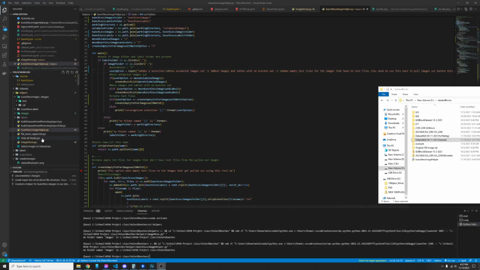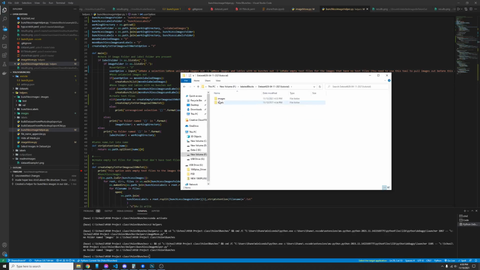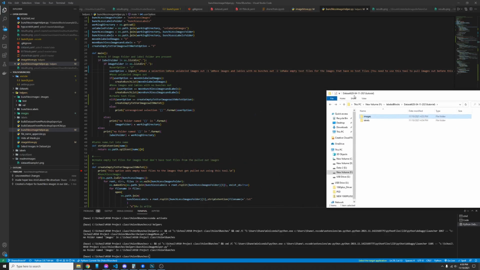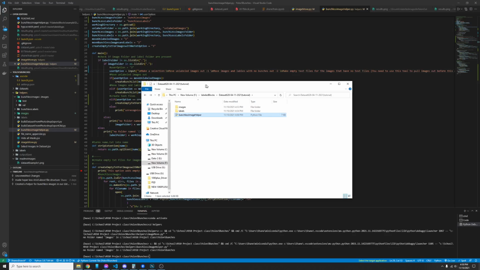Okay, this is going to be a tutorial on the Bunchless Image Helper. So I have that right here under Helpers. And I have this data set here, which I'm going to use to pull out some images. So the first thing we'll do is drag and drop the Bunchless Image Helper into the folder, and then